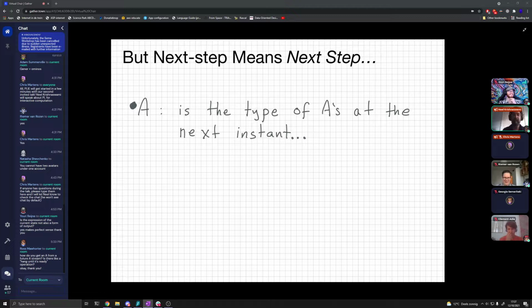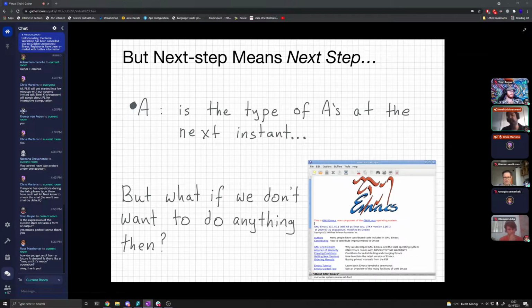And this next state type that I just told you about, how it helped everything so much, it's actually the type of A's that happen at the next available instant. And so it's like sort of the wrong type for expressing waiting until something happens. So if you have a video game where something is happening 60 frames a second, next A is perfect for expressing what happens on the next frame of this program. But if you have like a text editor where the most common operation is waiting, you don't want that.